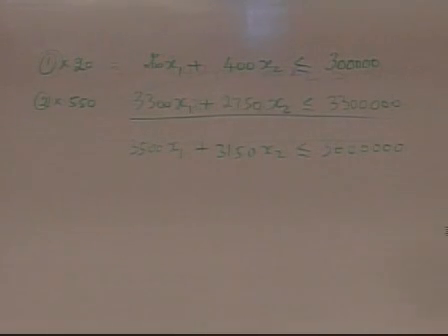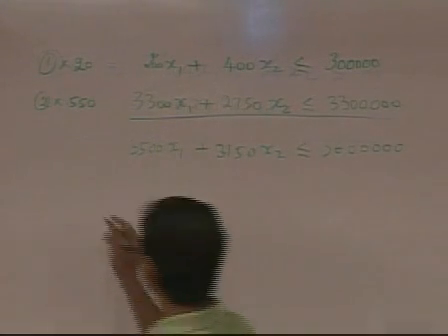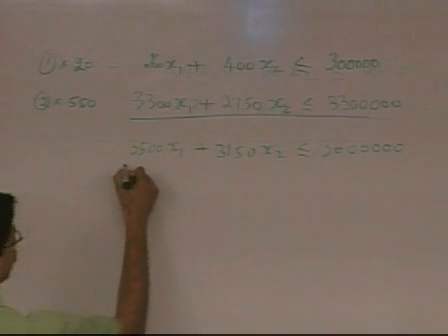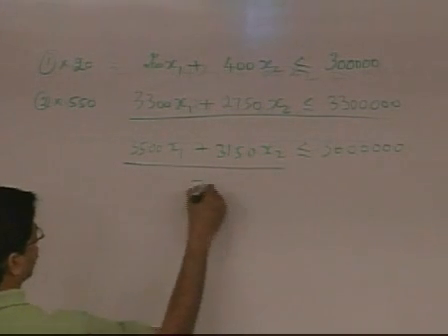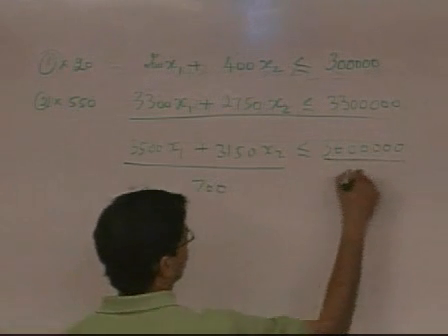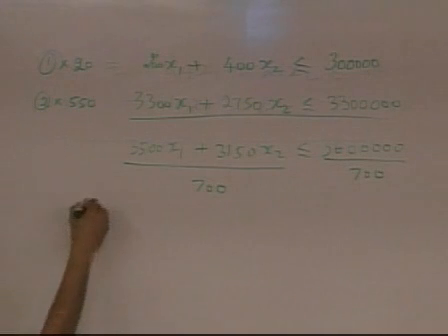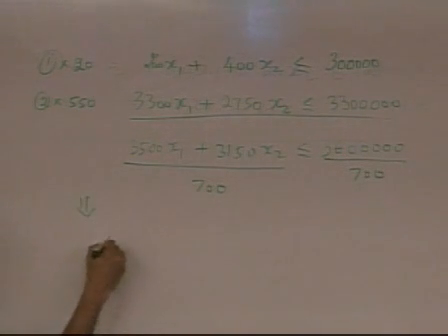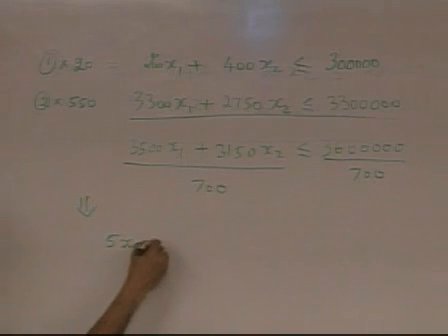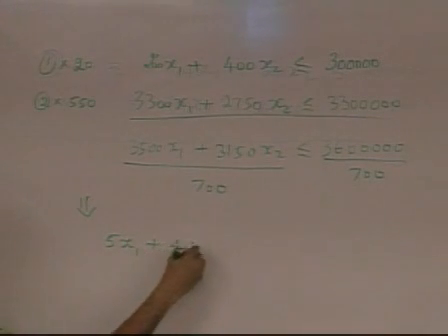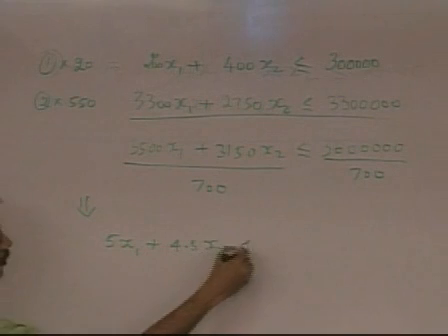And if you divide everything by 700, so this divided by 700 is at most this divided by 700, you get 5x1 plus 4.5x2 is